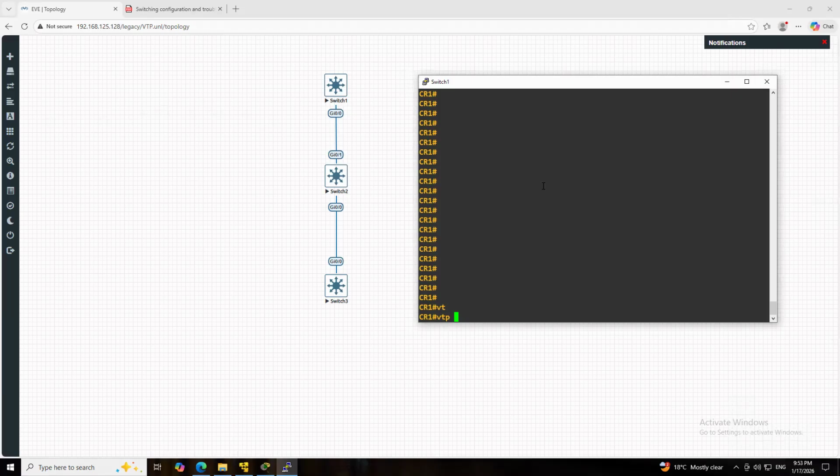So, VTP primary VLAN. Now you can create the VLAN. That was new to me as well. I'm using VTP version 3 for the first time.